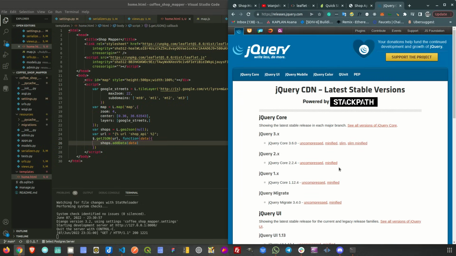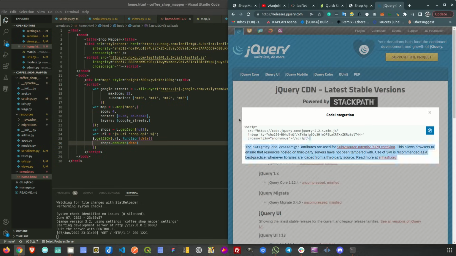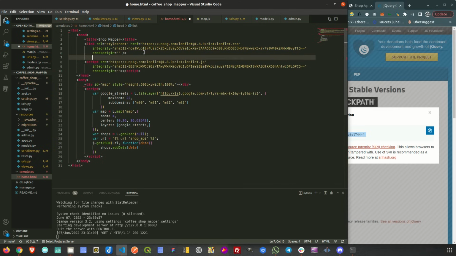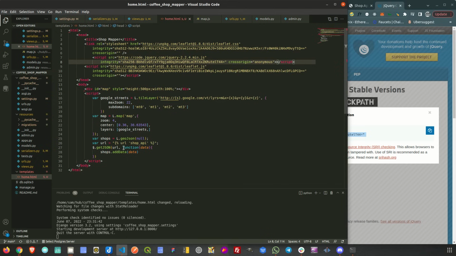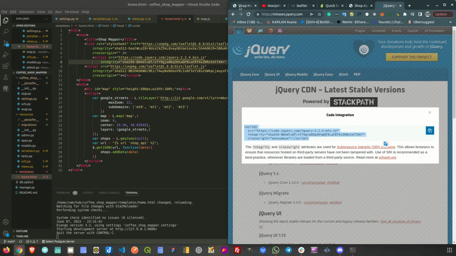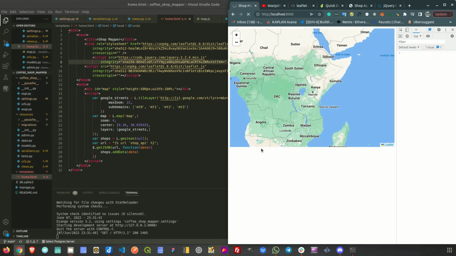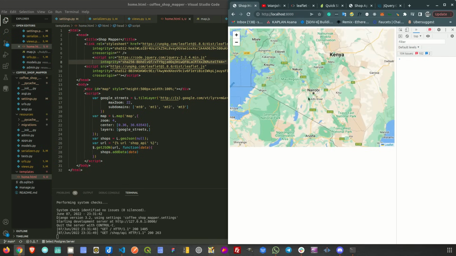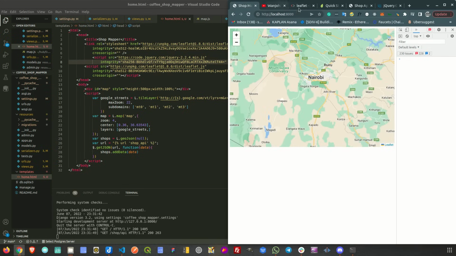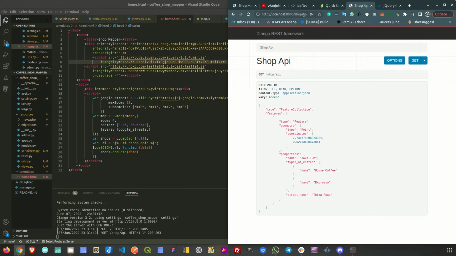You could use any version. Let me use the minified version of 2.4. So there I just need to put it before the Leaflet JavaScript file. Okay, there you are. And if I try to reload this, now I should have no error, but of course my marker is not yet loaded. So if we go to the admin side of things,